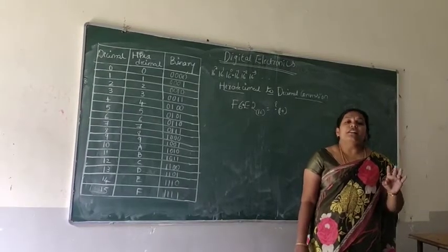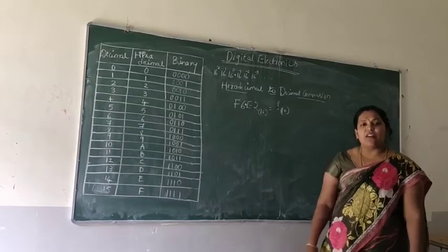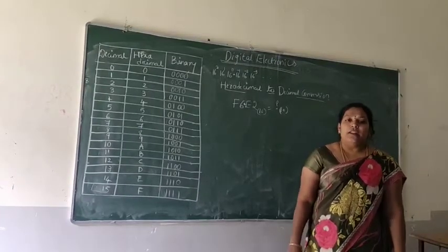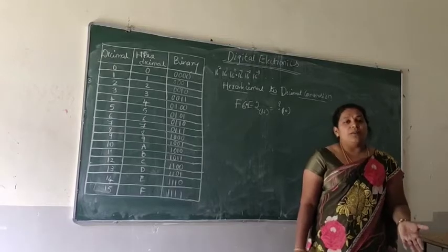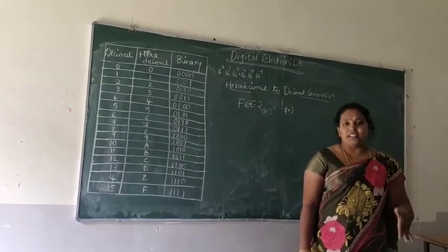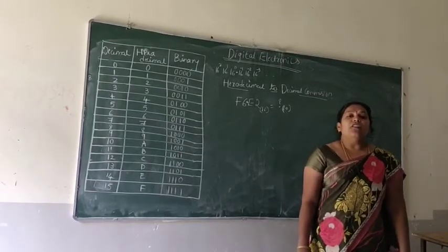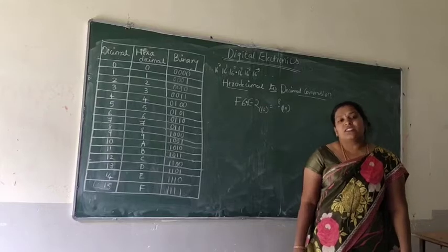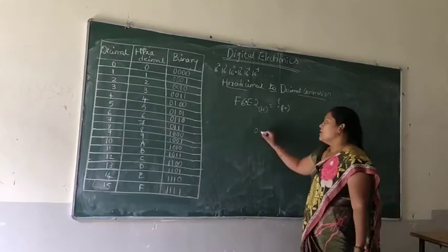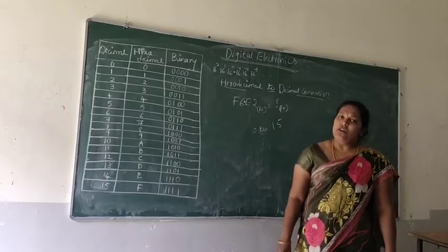We have the decimal number system, in which we have the values 0 to 9. After 9, the numbers repeat the digits from 0 to 9 itself. Now if we go for the hexadecimal number system, how many values do we need in total? 16 values, that is from 0 to 15. So we need the values from 0 to 15.